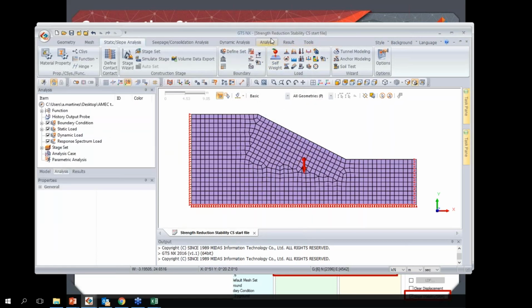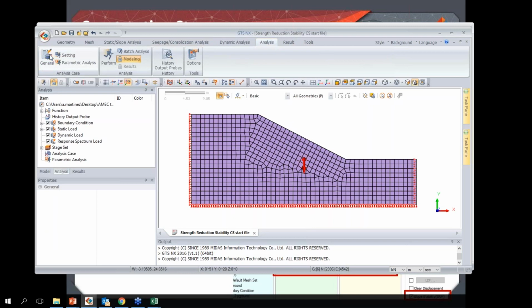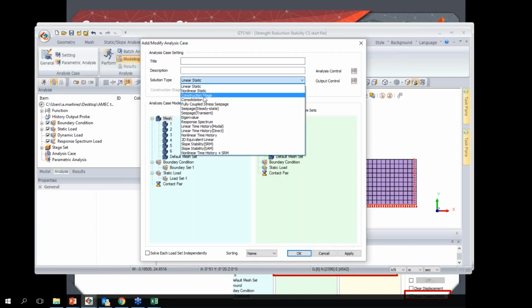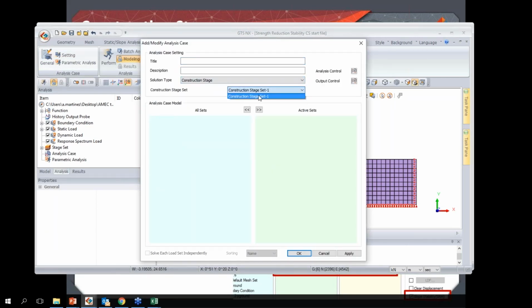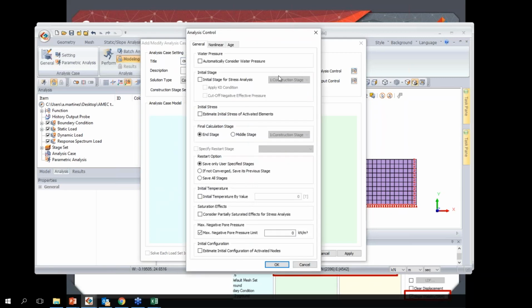So once you've done the analysis stages, you can go to General and tell it that you want to run a construction stage analysis. You would select from the list. In this case, we only have one set. You give it a name, and it's important to tell the program